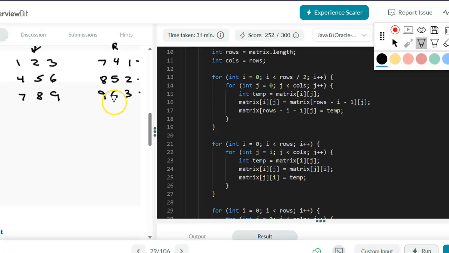We have 6, 9, 8, 7, 4. So this is the rotated matrix. All right, we're going to do this in 2 steps. This is very similar to another problem. It's actually kind of a variation on the other problem, and that is